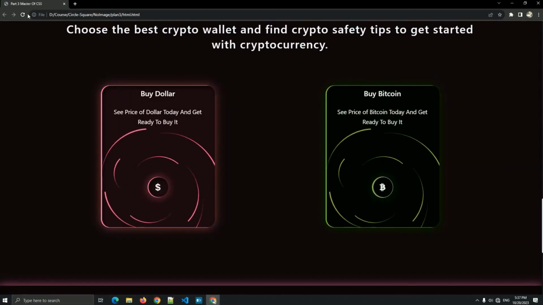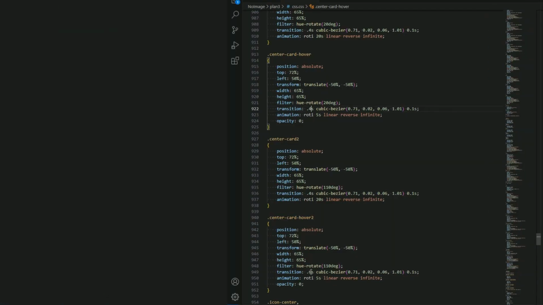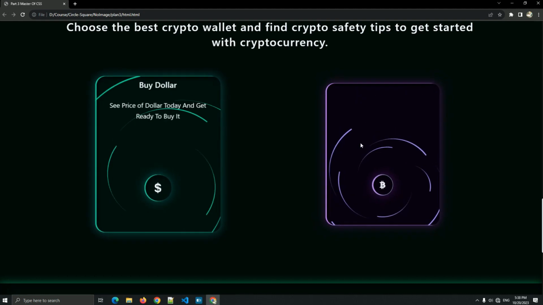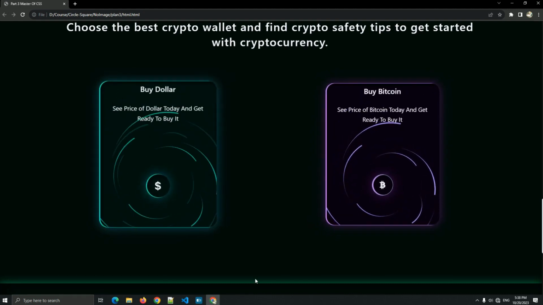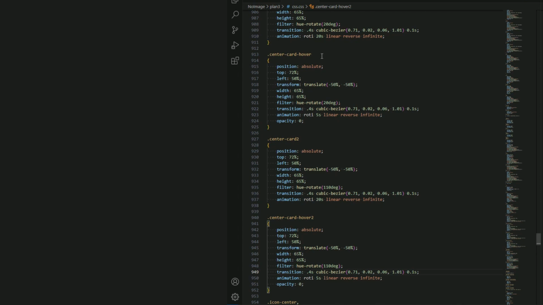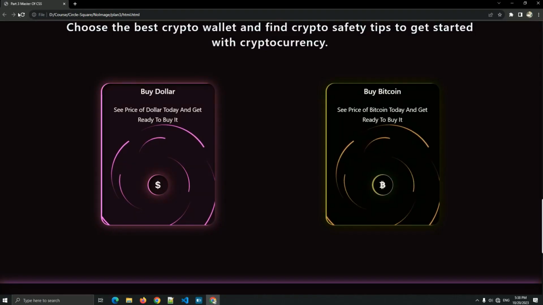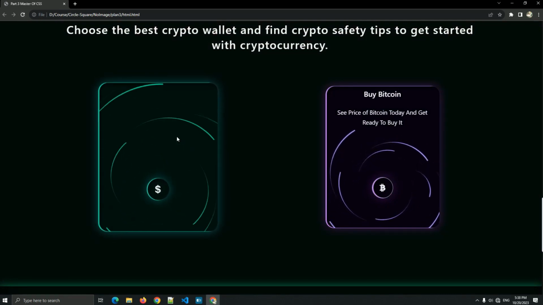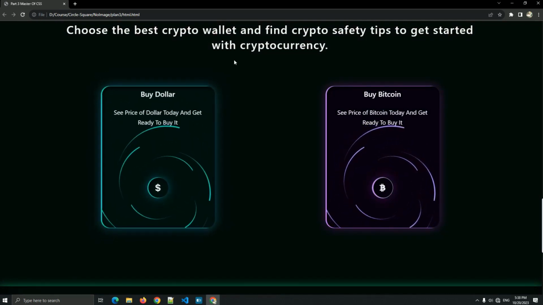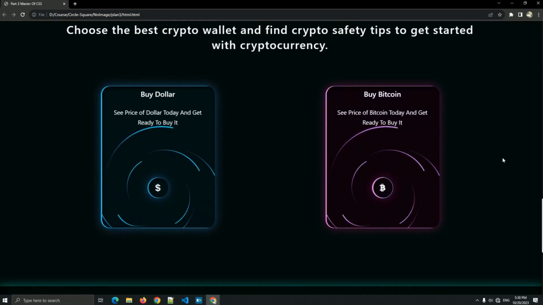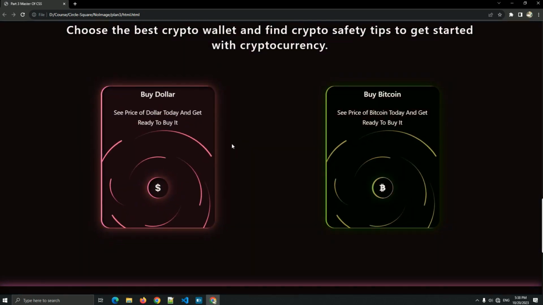Okay, let's see it right now. It's not always perfect, but it's better than nothing. You can just decrease this transition to get a better opacity, or just remove it, or you can just add 2 seconds instead of 4 seconds. Let me try this 2 seconds, and let's see the animation of the card now. Well, it is sort of faster, but you can see the opacity is gone.